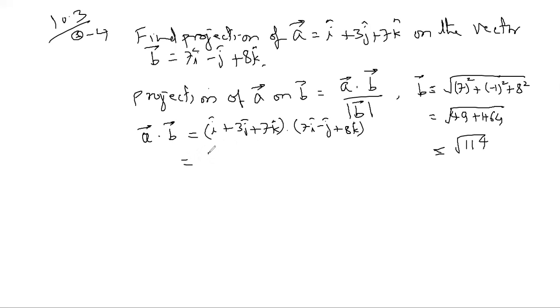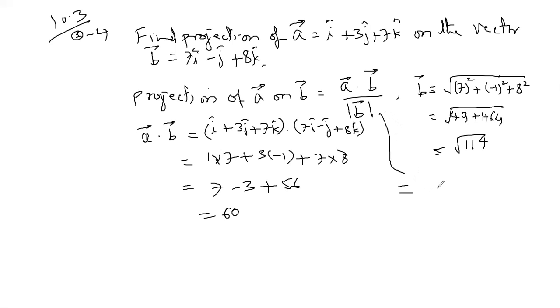So this will be 1 into 7, plus 3 into minus 1, plus 7 into 8. So 7 minus 3, 7 eights are 56. So 56 plus 7, 63, minus 3, 60. Therefore, the projection will be equal to A dot B, that is 60, divided by under root